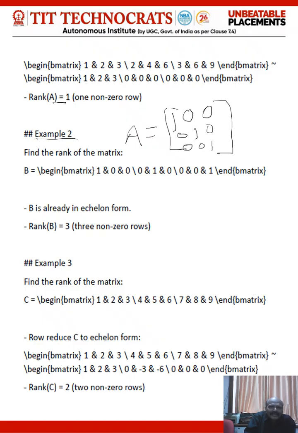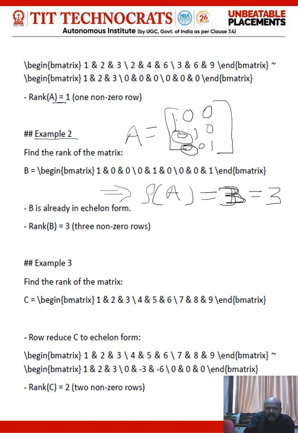अब ये ऑलरेडी देखें किस फॉर्म में है, ये ऑलरेडी डायगोनल फॉर्म में है। इस 1 के नीचे दोनों एलिमेंट जीरो हैं, फिर सेकंड में इस 1 के नीचे एलिमेंट जीरो है, मतलब इसके सारे एलिमेंट जीरो हैं। तो लीनियरली इंडिपेंडेंट रोज इसमें 3 हैं। सो रैंक ऑफ दिस इज इक्वल टू 3। सो दिस इज ऑलरेडी इन एक्लॉन फॉर्म। प्रिंसिपल डायगोनल के नीचे के एलिमेंट जीरो हैं। नंबर ऑफ नॉन जीरो रोज 3 हैं, 3 रो जो लीनियरली इंडिपेंडेंट हैं। सो रैंक ऑफ दिस मैट्रिक्स इज 3।